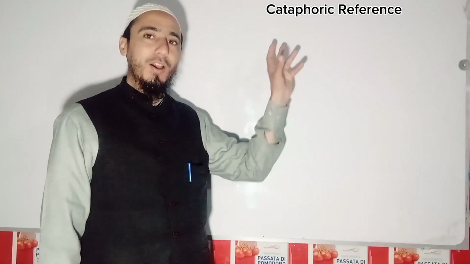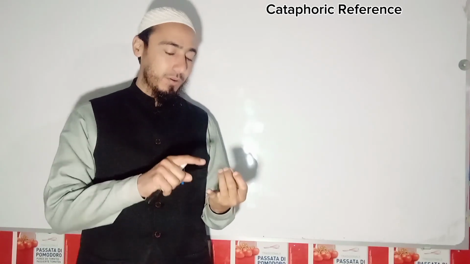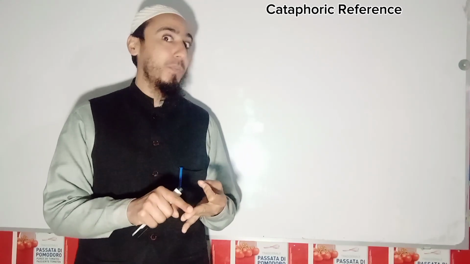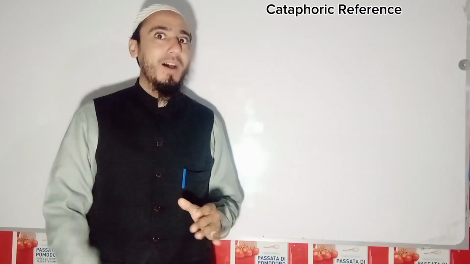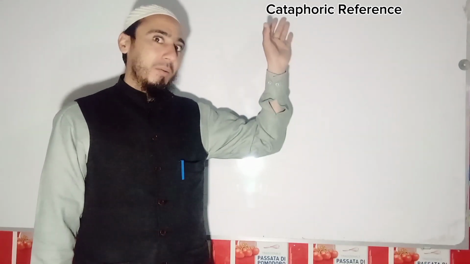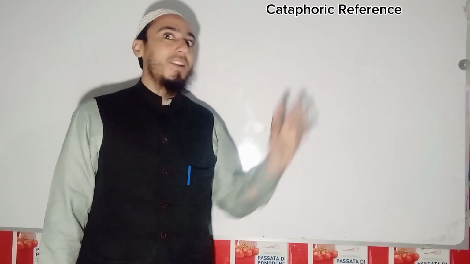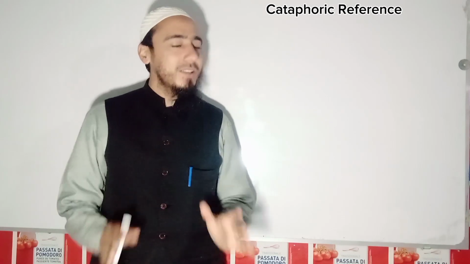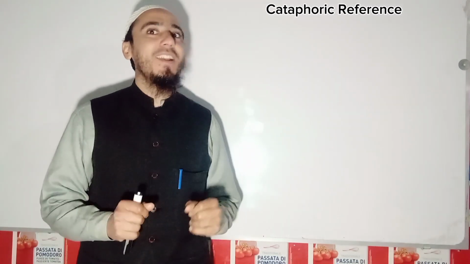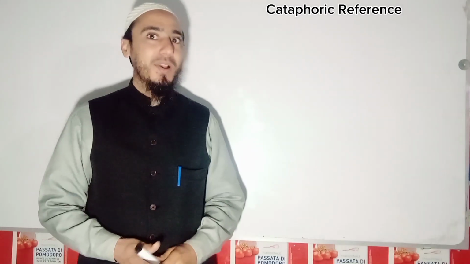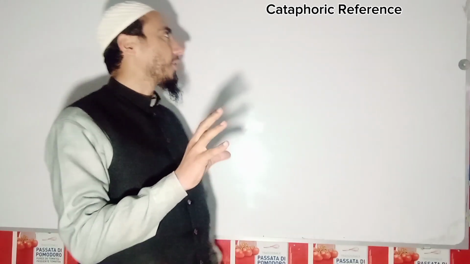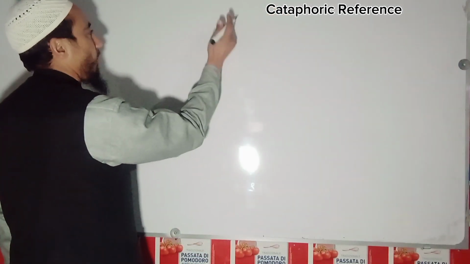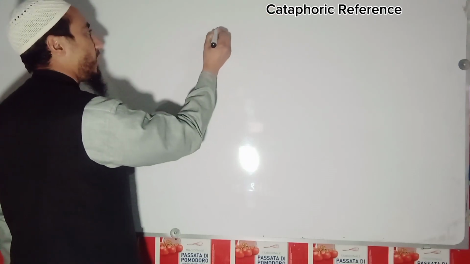I'm repeating. Cataphoric reference happens when a word or a pronoun or a phrase refers to a noun that is mentioned later in a conversation or writing or in a text. I think this will not be clear until and unless I provide a practical example and then identify the cataphoric reference. For example, one example of cataphoric reference is: even though